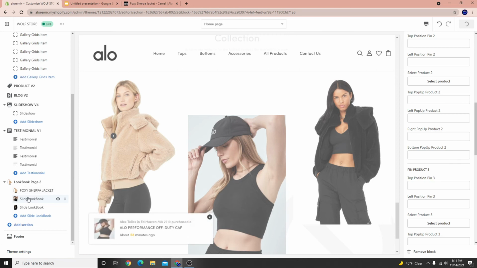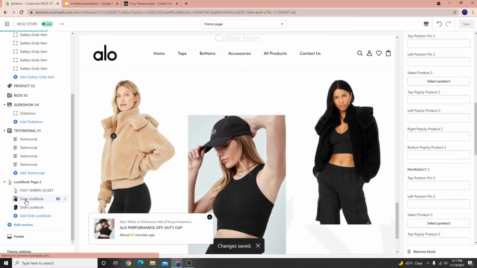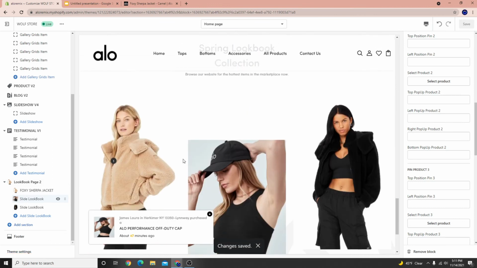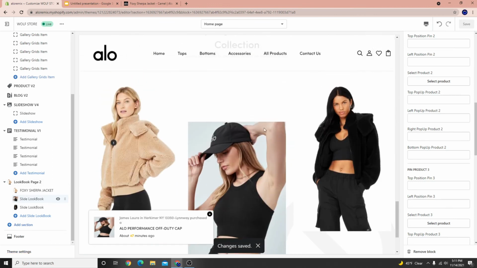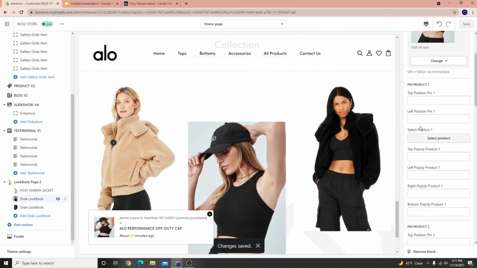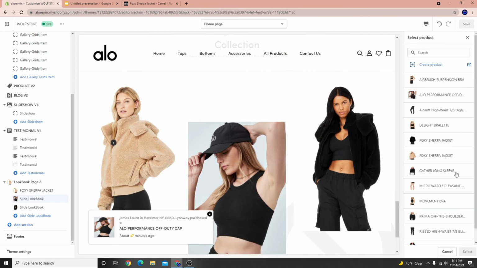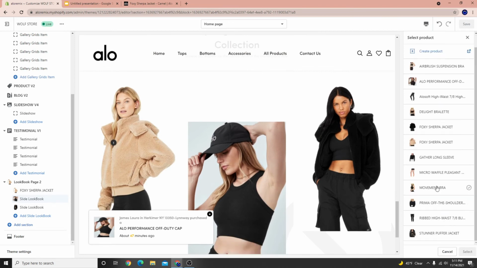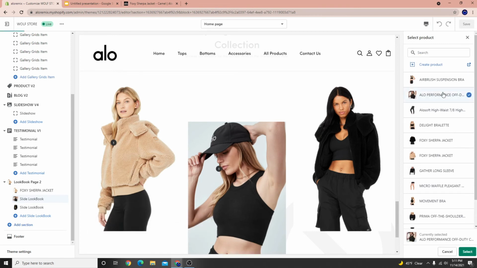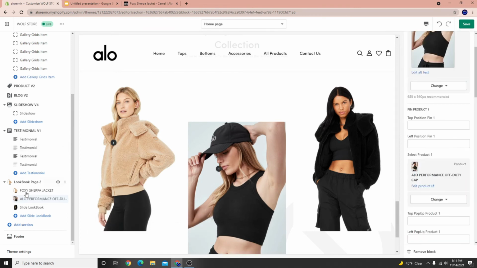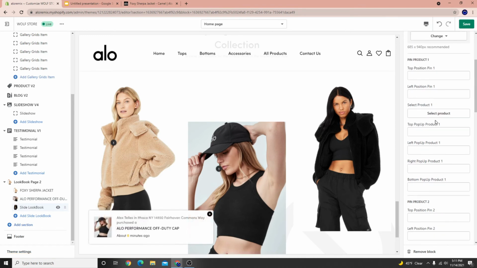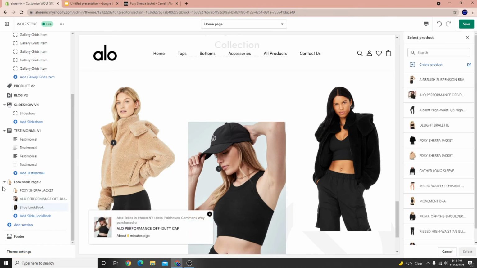We'll do this one more time, or 2 more times rather, for these images. So once again, you have to select the product you want to link to the lookbook. In this case, we're going to be linking the hat, or the cap rather. Select the product and look for the actual cap. So we'll look for it, select it, hit select,